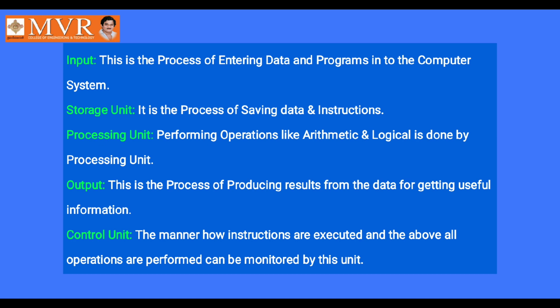Here I am using a word called interpretation. You know very well that whatever programming is entered by the user may be in a high level language. A computer cannot understand the high level language. It understands all the instructions with the help of only zeros and ones, that is nothing but machine level language. So to convert these high level languages into machine level language, we use translators like assemblers, compilers, interpreters, etc. These are also under the control of the control unit.